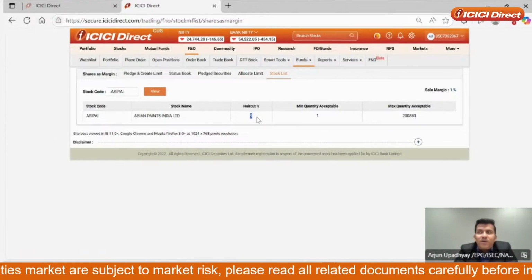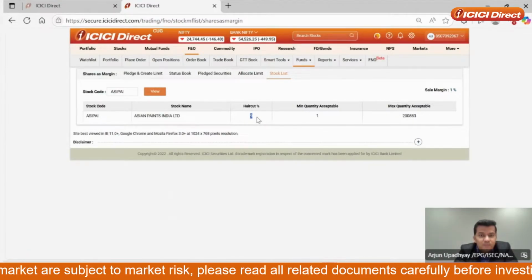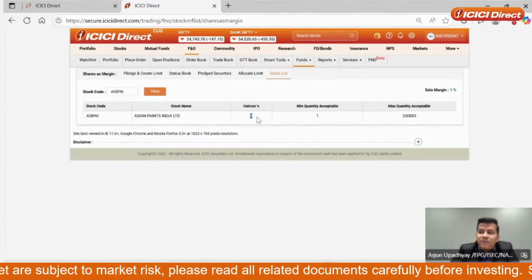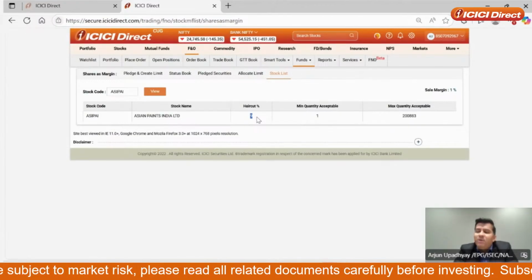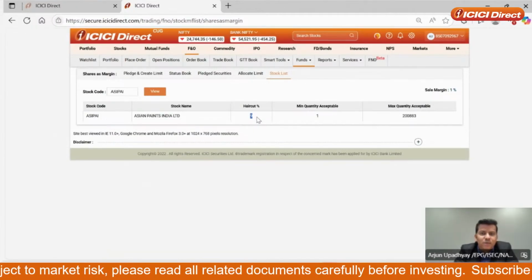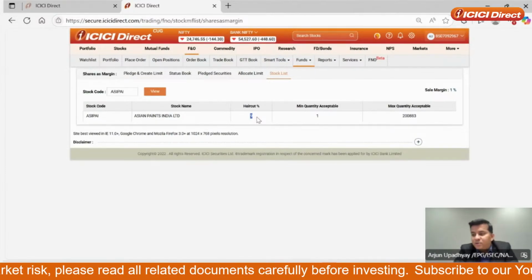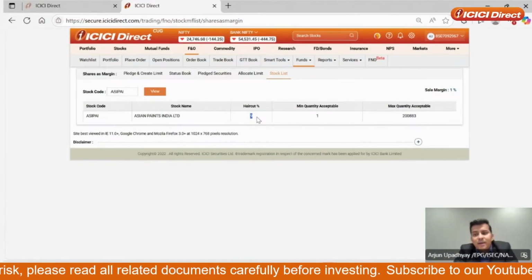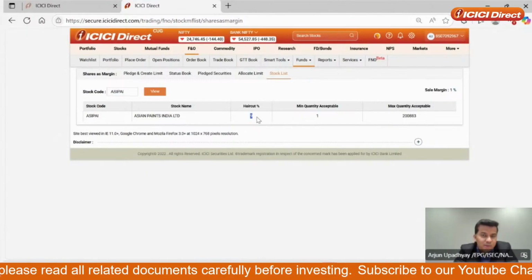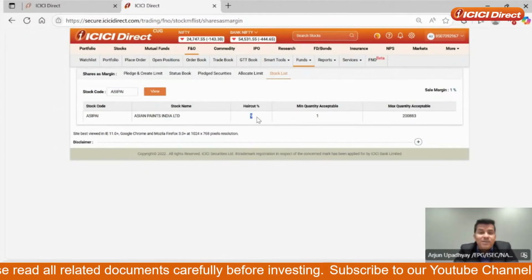There are ETFs where we give 94% margins. There are category A stocks where we will give up to 90% of funding. There will be some stocks where there will be larger haircuts like 20-30%. But one thing you have to be very mindful of when you're pledging your shares is what is the haircut that the broking platform is putting. Now, what does ISEC put?